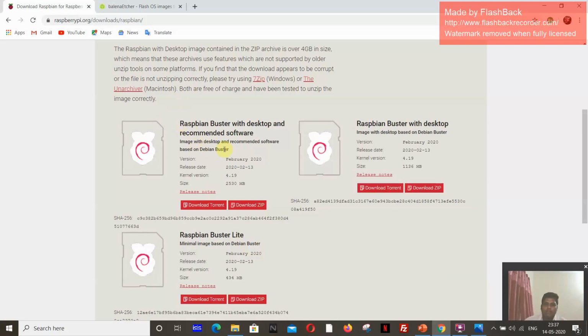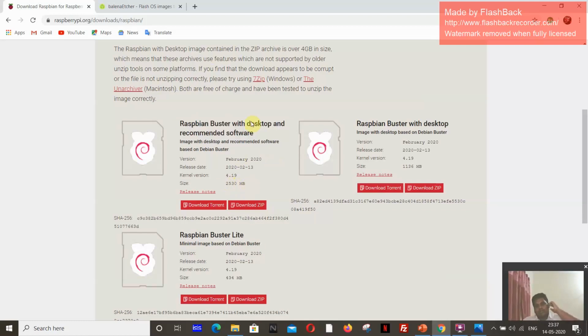Now we are going for the smart mirror. We use Raspbian Buster with desktop and recommended software. We'll download this. It is around 2530 MB in size.